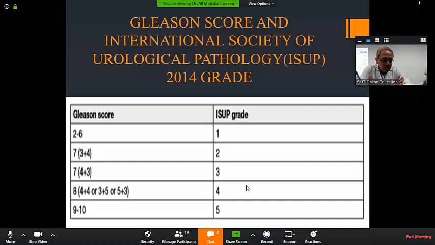Sometimes it is sextant, which means that there are 6 different samples. Sometimes it is octant, which means there are 8 different samples. Sometimes it is 12 core biopsy. So whatever the number of biopsies, these biopsies are always in even numbers. They are not in odd numbers. Whatever you do on the right side of the prostate, you always do symmetrically on the left side of the prostate. And you grade all of them.